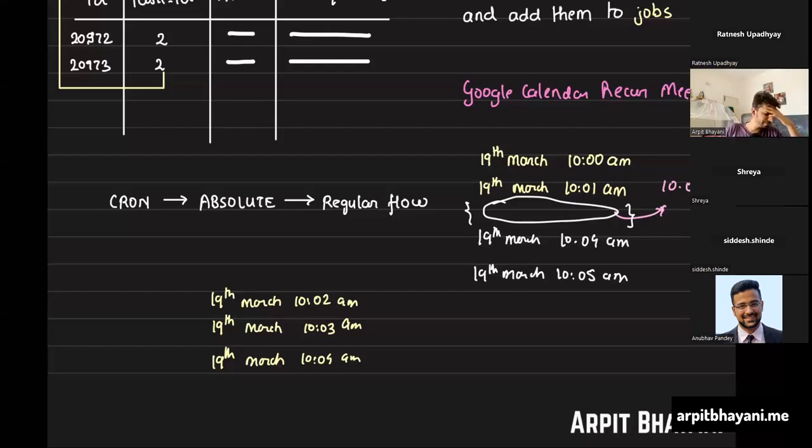And for Google Calendar, what I can see, I just tried it out while we were discussing. I went ahead till 2027, 2028, and I can still see meetings. Per day event? Yeah, the recurring event is still there. Okay, not per day, these are weekly events. So maybe that also has some sort of... because I don't think they're creating these many entries in the database. Oh yeah, even per day events are there. There are meetings which are 4 times a week, and they are also there in 2028.